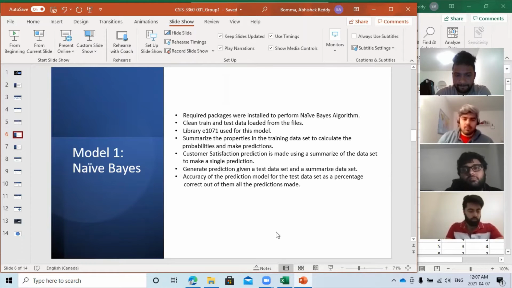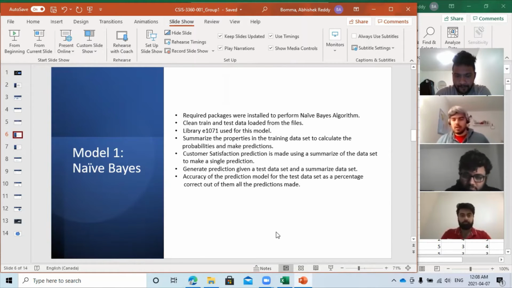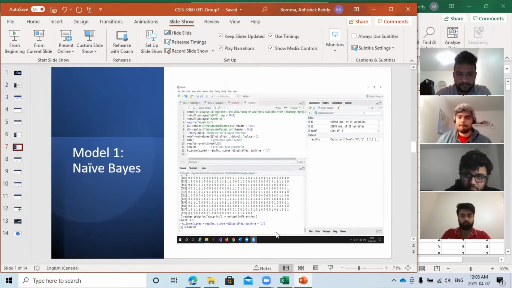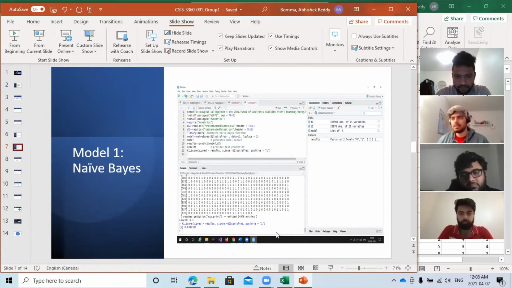So in our project here, we have already installed the required packages, and after loading the, can you please change the slide? Thank you. In this project, first we have already cleaned the data, and then we are installing the package called e1071. This package contains all the libraries for Naive Bayes, and the other package that we require is MLmetrics. This MLmetrics is used for predicting the F1 score.